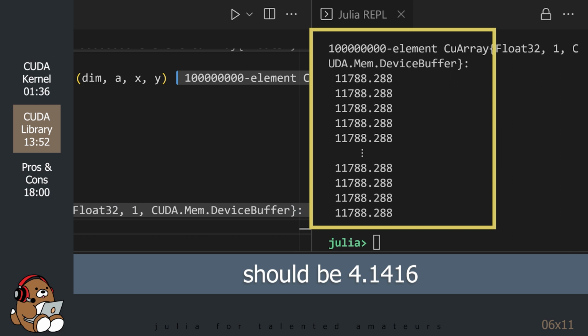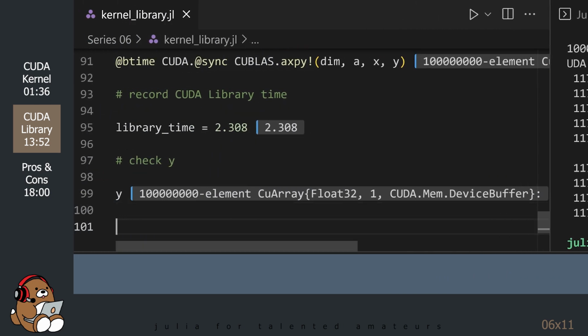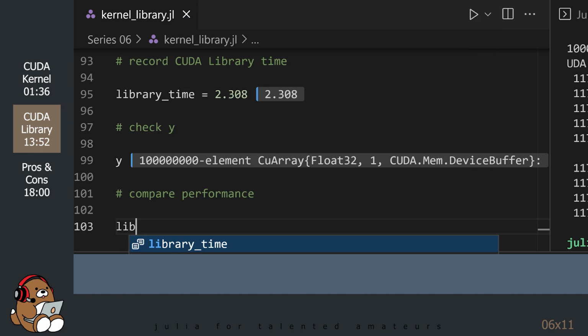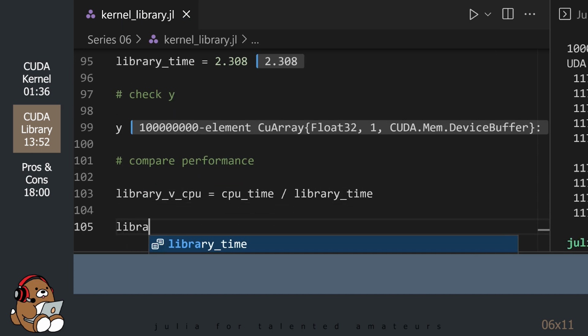We know that the cuBLAS function works because we just used it, but for whatever reason, it doesn't work when trying to record the time. I think the actual time is correct, but seeing these results doesn't exactly inspire confidence. In any event, just to complete this process, let's compare the performance, assuming that this time is correct.